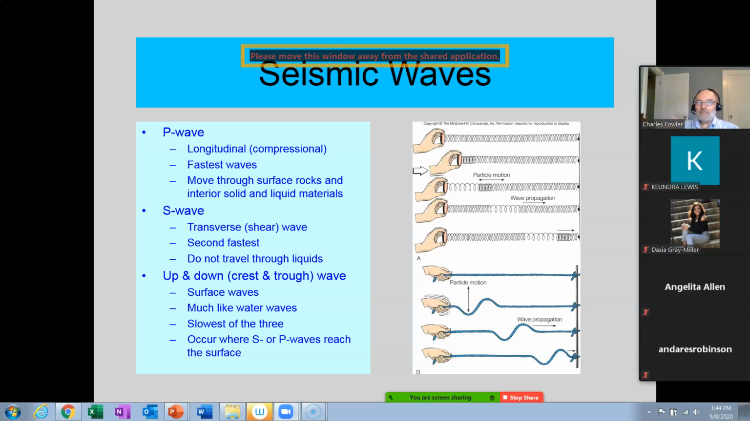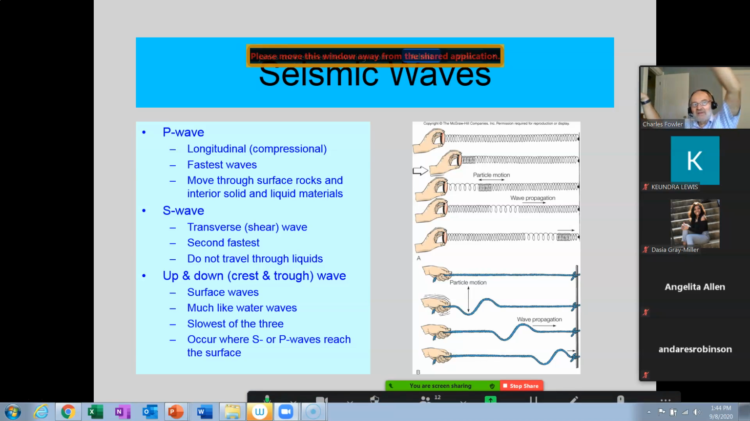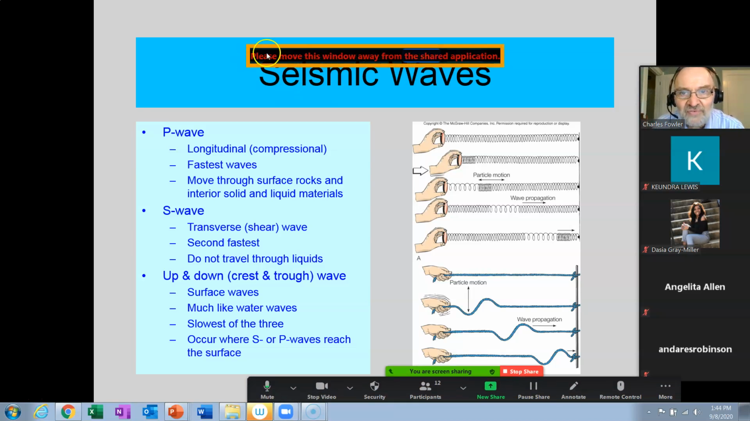But when that pressure wave makes its way to the surface from way down deep, see, the pressure wave's going like this. When it reaches the surface, it does a surface wave. Same thing with the secondary wave. It goes like this till it reaches the surface, and then it produces